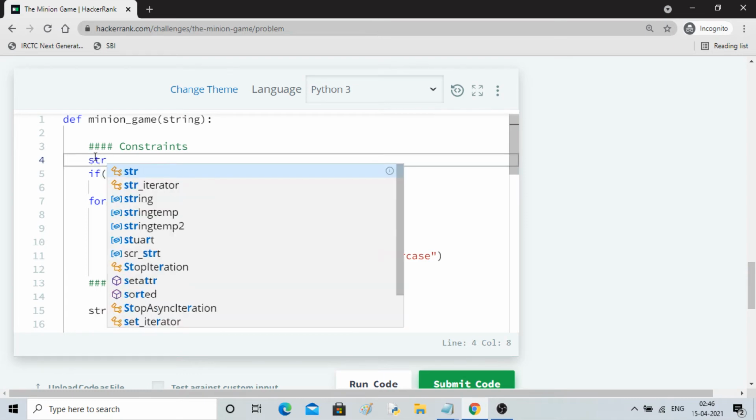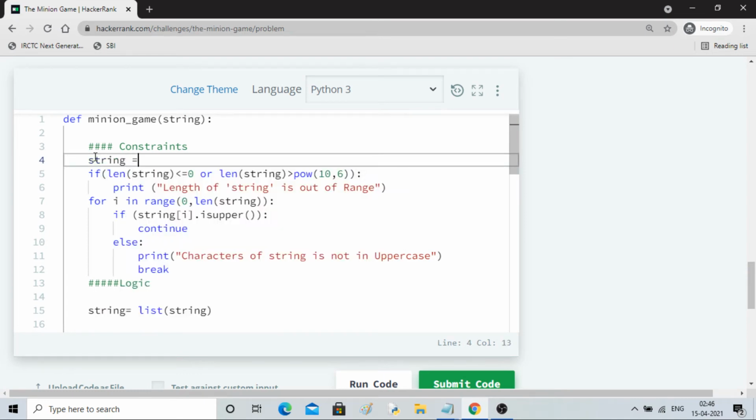Let me define a string equal to something big, some giant string I want.